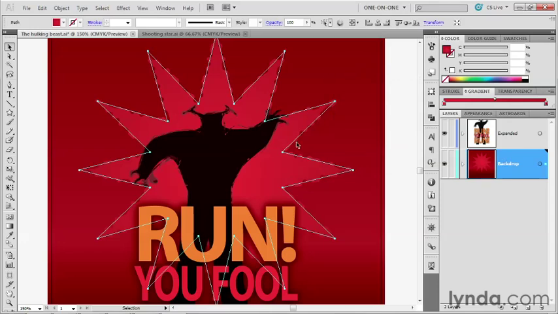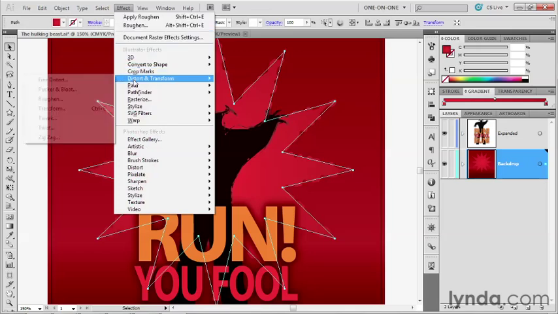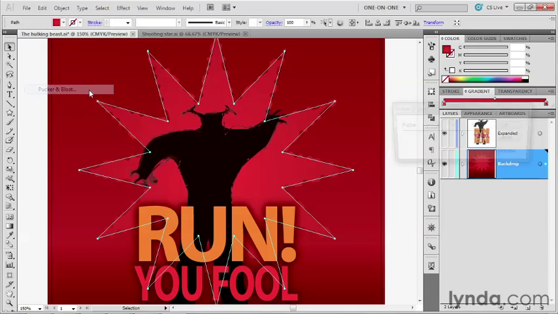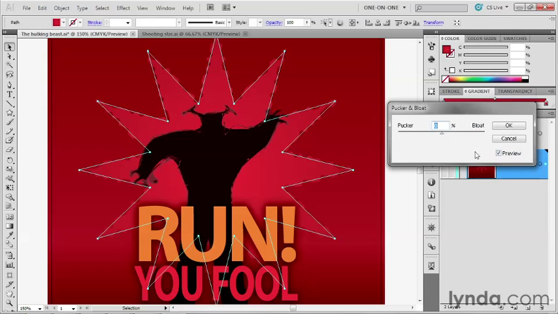Notice that we're not harming the actual path outline. This is a virtual, so-called dynamic adjustment that will update on the fly. Now I'll go up to the Effect menu, choose Distort and Transform once again, and choose Pucker and Bloat. Make sure to turn on the preview checkbox inside this dialog box so you can see what you're doing. Now notice if you drag this slider triangle slightly over to the right, don't go too far with it, then